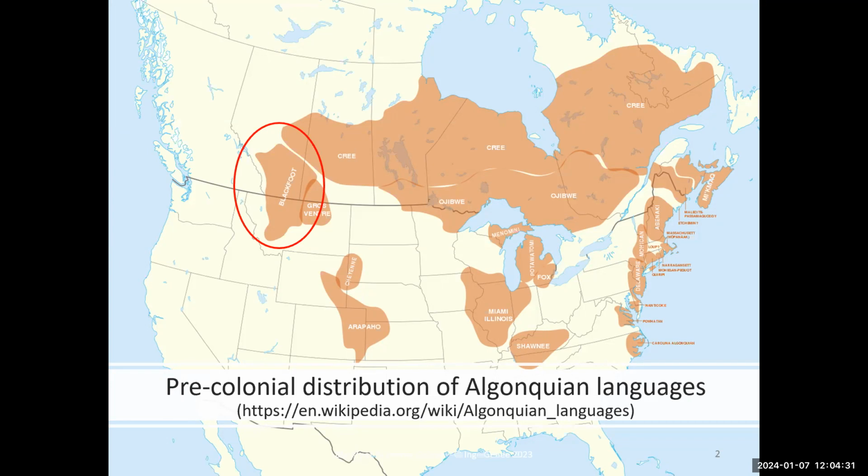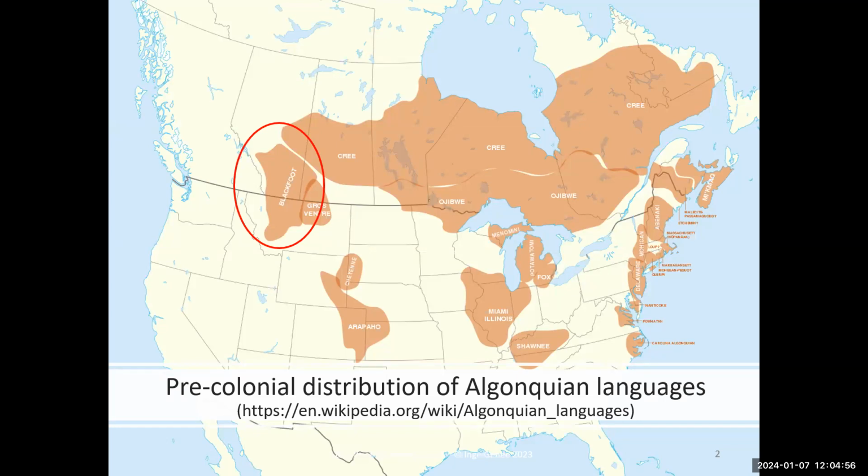Blackfoot belongs to a very large and widespread family of languages called Algonquian. This map shows the approximate spread of those languages before the colonial period. In the areas that are not marked on this map, there were languages belonging to other language families. You can see that Blackfoot is the westernmost language in the Algonquian family, and that other languages belong to the